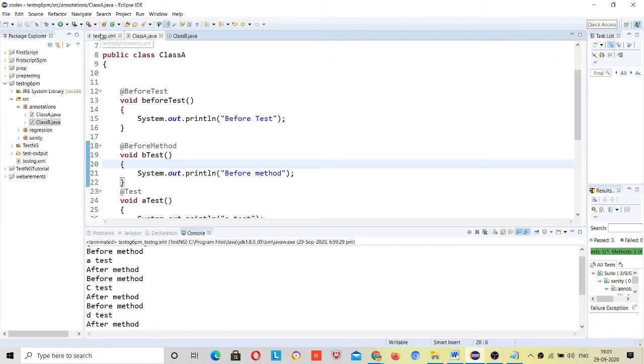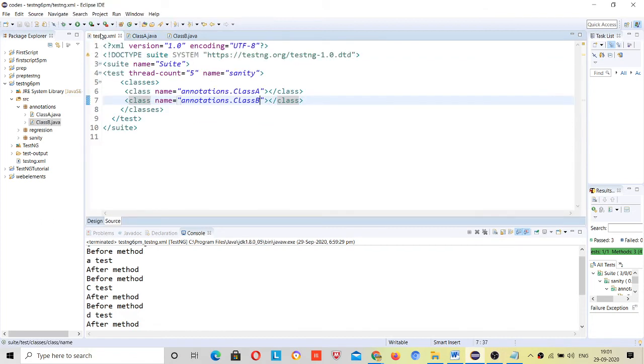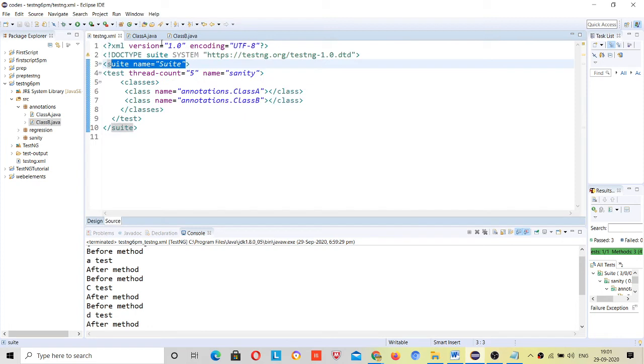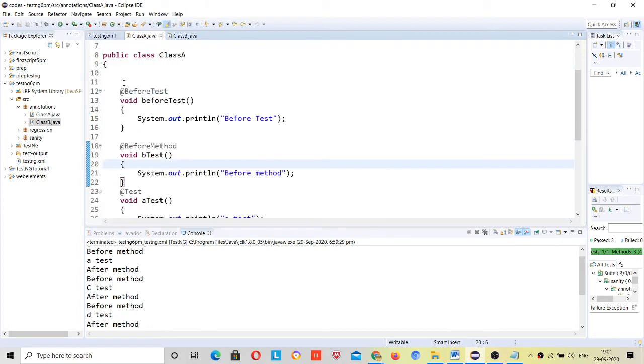First of all, it will be simple, right? If you know the process, if you know the rules, then whatever I write doesn't matter. You will debug the code. See, first of all, it will come to suite level. So we don't have any before suite annotations used in both of the classes, right? Then it will look for the before test, whether I have used any before test.